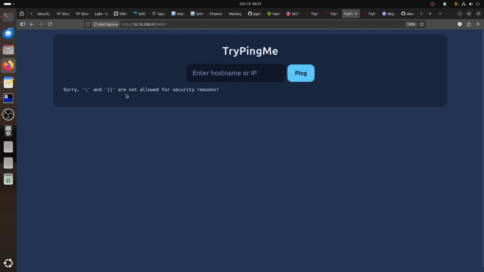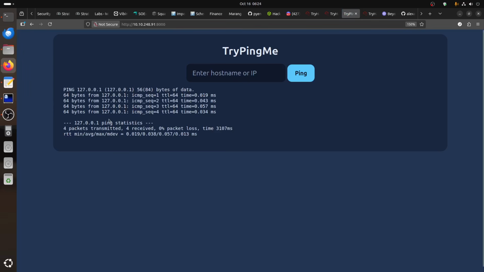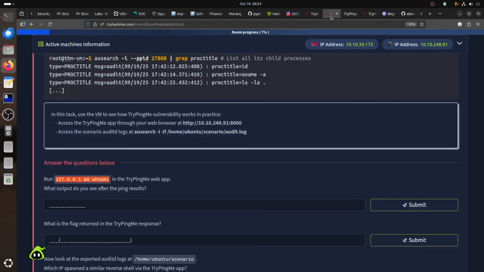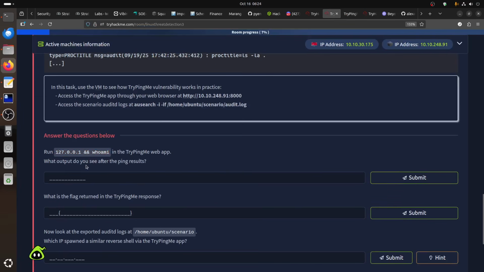Like I told you, this and this are not there, because first of all, I had them yesterday here. I was playing with it. Usually you start with a normal ping. You can go to my and of course give you this, because the first question is already asking you what output you see after